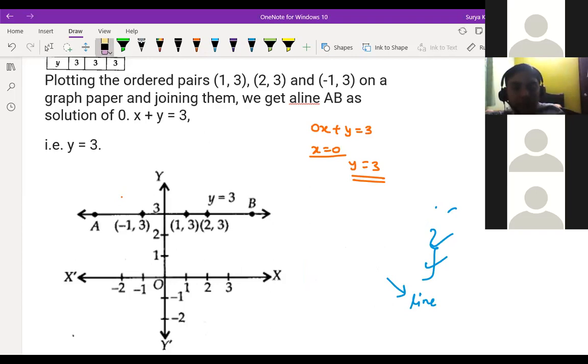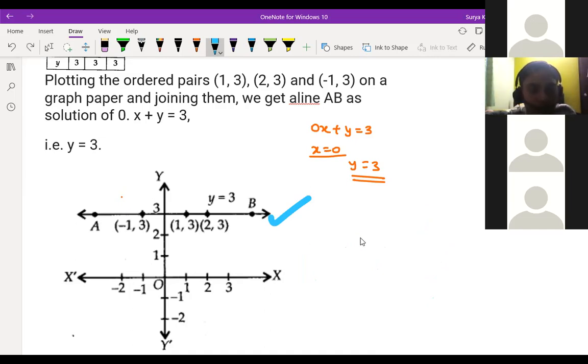They are saying that you represent y is equal to 3 in one variable and two variables. So in two variables you'll get one line, and in a single variable you'll get one point in the equation. So children, those who are having doubt, they can ask now. Could you explain how we draw the lines?